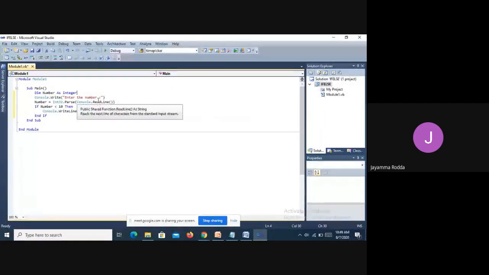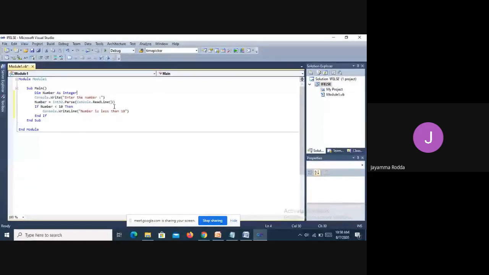Generally, the Console.ReadLine statement is a text method. I can say it is a string method. Anything that is read will be in the form of text only. Students, hereafter you will be writing this kind of code in the console.